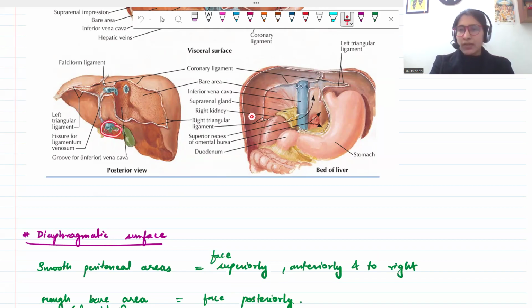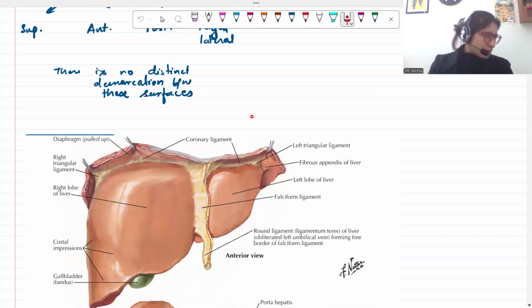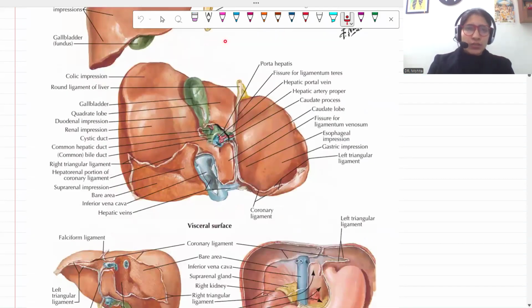This is the porta hepatis. जो तीन चीजें, portal vein, hepatic artery and hepatic duct that are present in this area. By the way, पोर्टल वेन और हिपैटिक आर्टरी लिवर में एंटर करते हैं, हिपैटिक डक्ट leaves the liver, बाहर निकलती है लिवर से. Is it all good? अभी और भी जो चीजें आएंगी I will explain alongside. So let's move further,